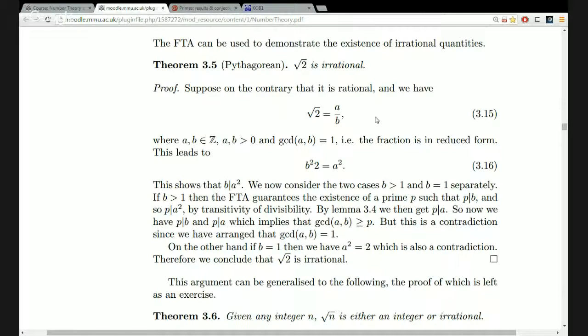So whichever way you look at it, if you assume that root 2 is equal to a over b, you get contradictions, no matter which case you consider. So therefore, it's impossible to write root 2 like this. So root 2 is not a rational number. And that argument, and it's left as an